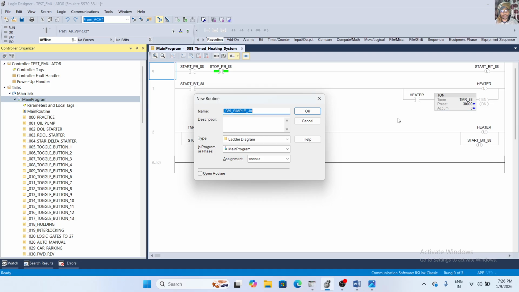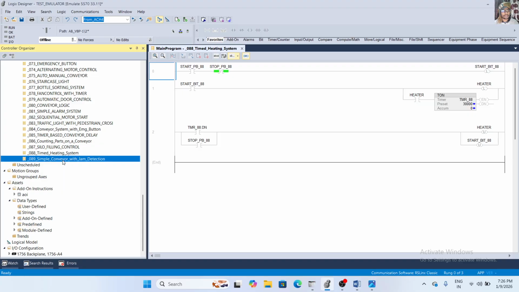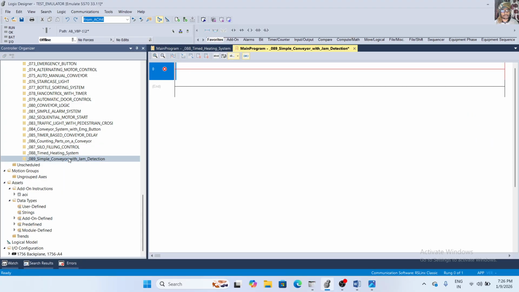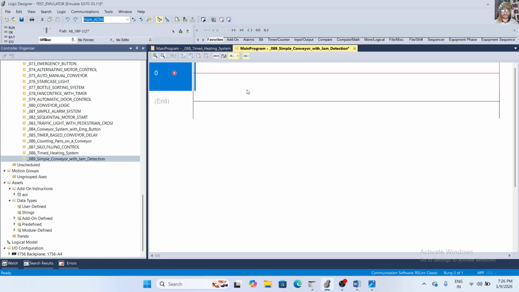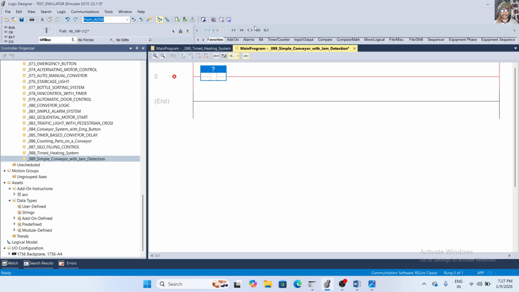I copy it, paste it, and click OK. This is the 89 routine, and now I have to create the PLC logic in this routine. I take one start PB and then one output.